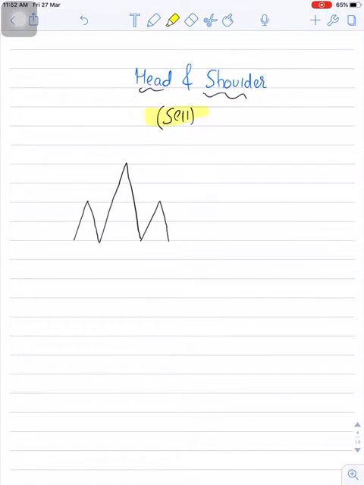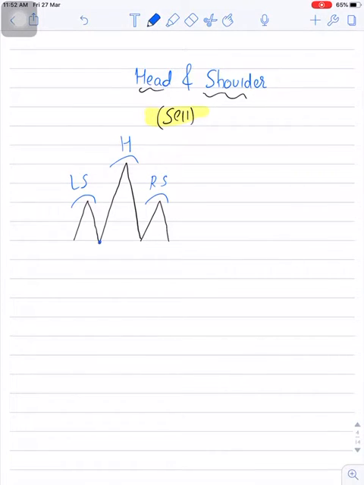Now in head and shoulder pattern there will be three peaks, that is three tops. Two shoulders, and one will be the head. The shoulders will be around the same level. As you can see, this is the left shoulder, this is the right shoulder, and in the middle it is the head. Now here you need to understand the concept of neckline. Neckline is nothing but a support line, but in the terminology of head and shoulder pattern, the support line is called neckline. So you need to understand how neckline is drawn.